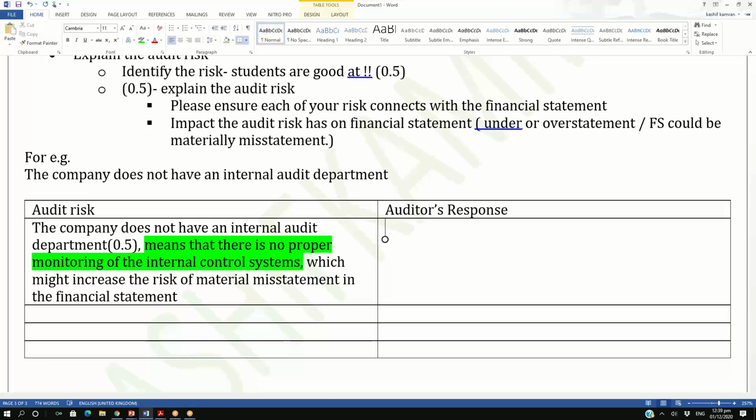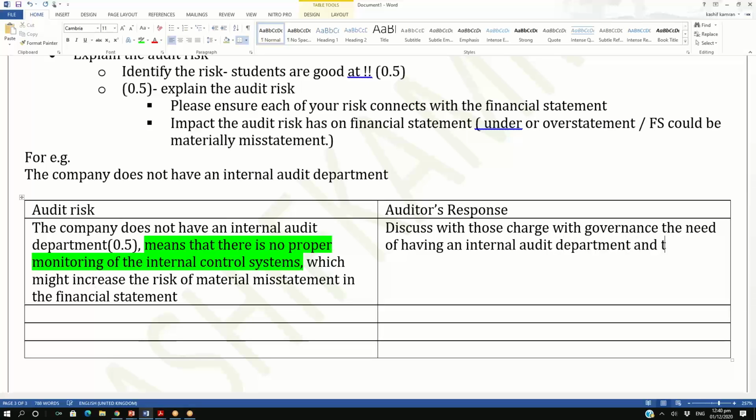So probably the audit response would be, when you go to the audit, you will discuss with those charged with governance the need of having an internal audit department. So when you go to the audit, your response might be that you might be discussing with the higher management the need of having the internal audit department